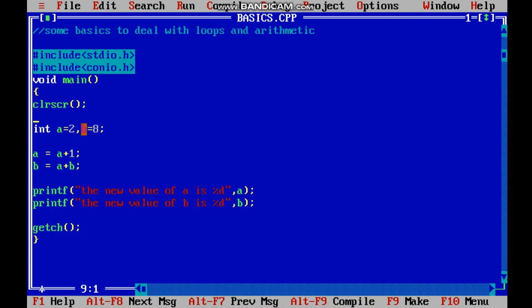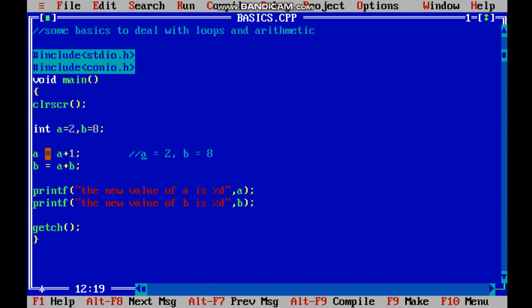See, I could have taken the values of a and b from the user, but for better understanding, so as not to get puzzled, I have already declared the values of a and b. So we have a equal to 2 and b equal to 8, right? I'll use a comment and write that a is equal to 2, b is equal to 8, right? This is what our answer is. Okay, now the next line will be compiled.